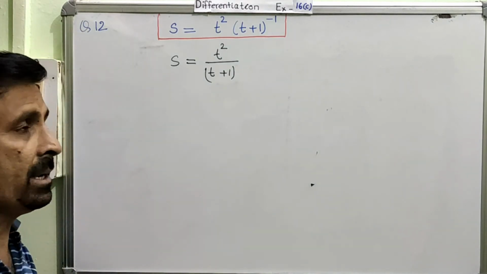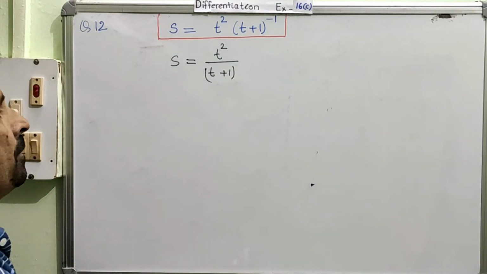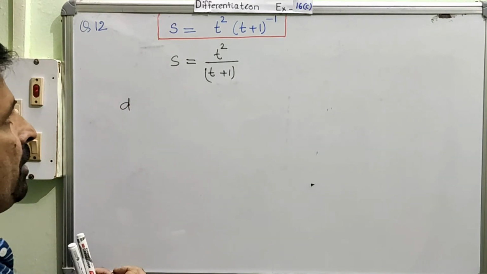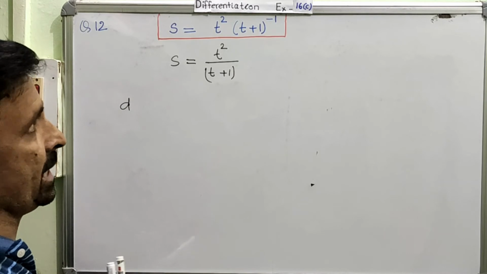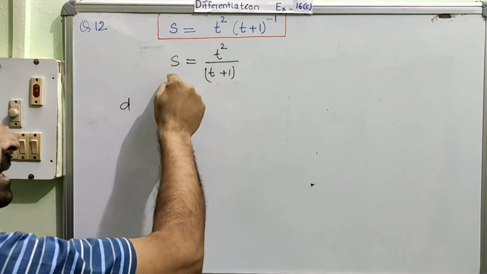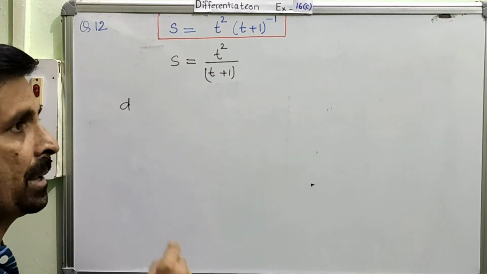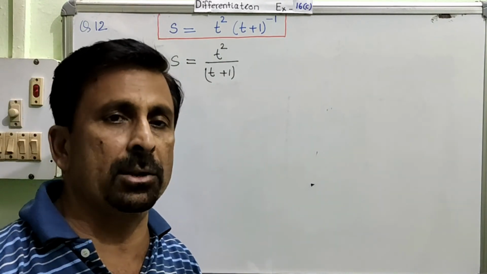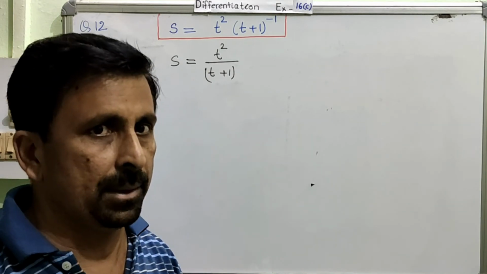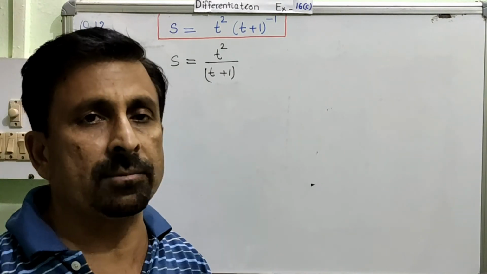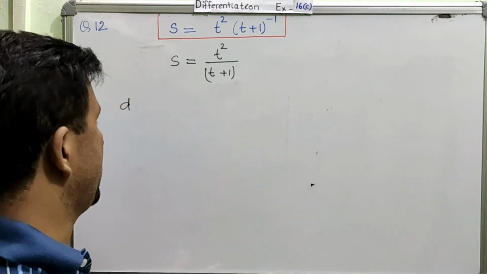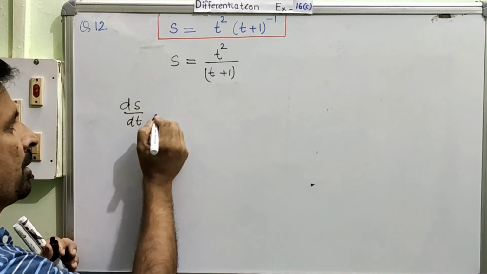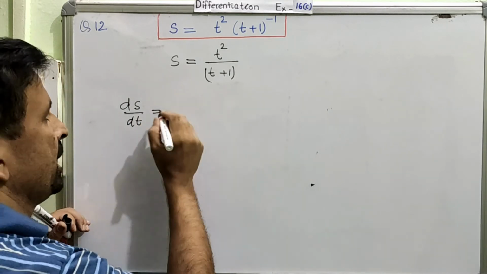Now I am going to do it by quotient law. So I will start. This time, in your question, you can see one variable we have is s, another variable we have is t. That means this time s is going to be differentiated in terms of t. In the other previous questions, you used to have the variable as y and x. Therefore, you differentiated y in terms of x. Now this time, it will be different. S will be differentiated in terms of t. Therefore, the derivative we will write as ds over dt. These are small things that we need to keep in mind.